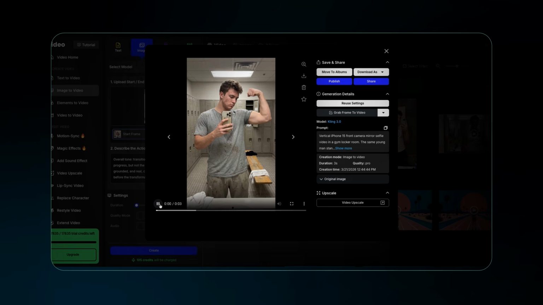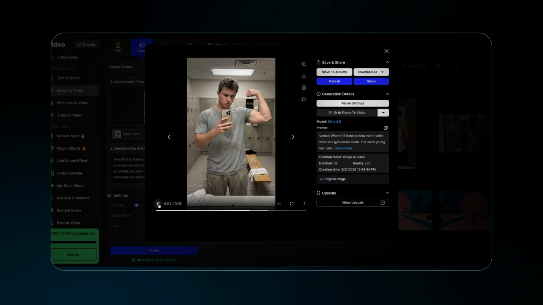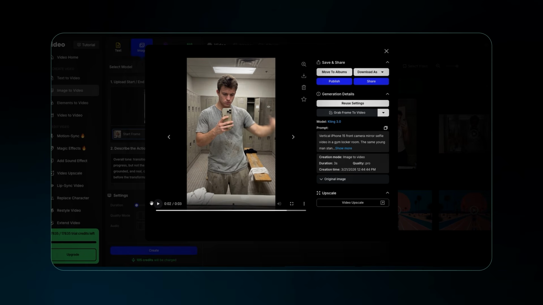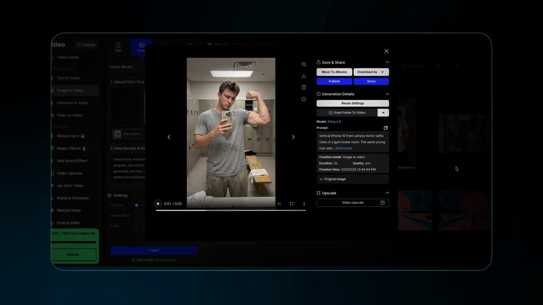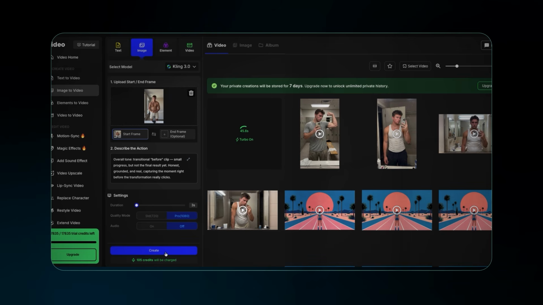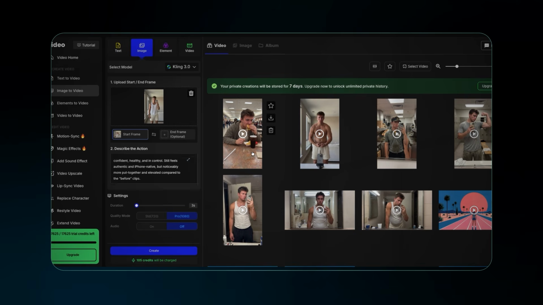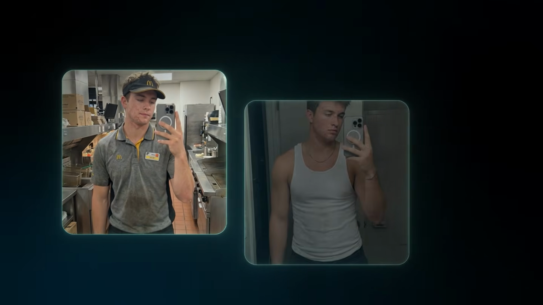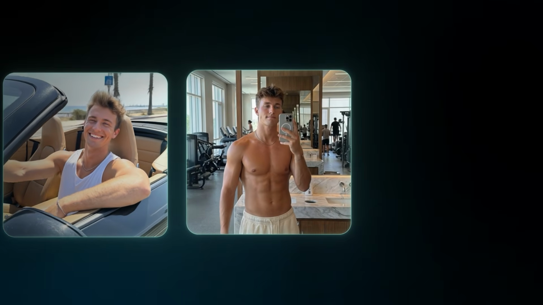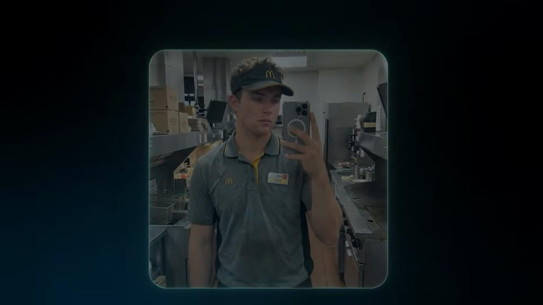As you can see, it's literally spot on perfect. Everything from the movement to his facial expression, it's almost impossible to tell it's AI generated. So now you just want to repeat the same process until you've turned all the images into videos. A few minutes later, I have all the clips ready. First, we have all the videos before his glow-up, where he looks sad and like he's struggling in general. Then we have the clips after the glow-up, where he's happy, looks jacked, and just killing it in life.